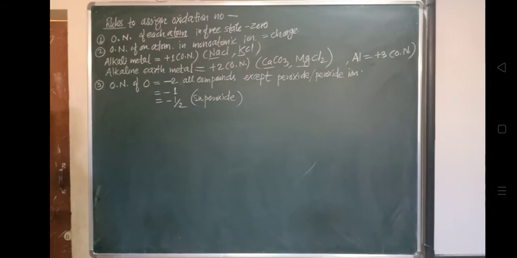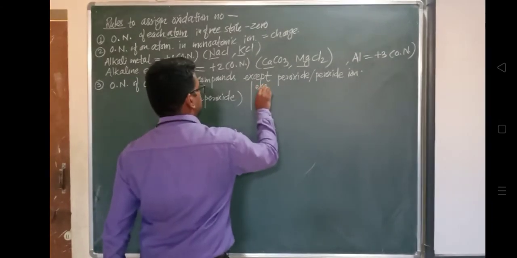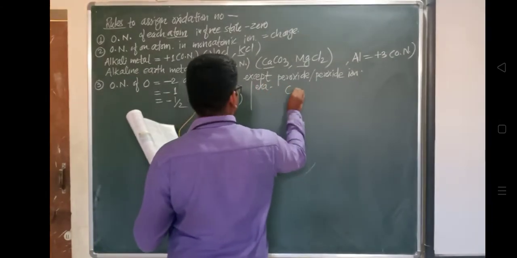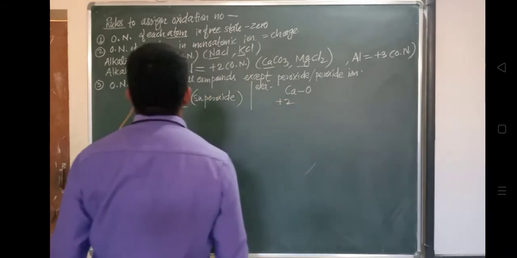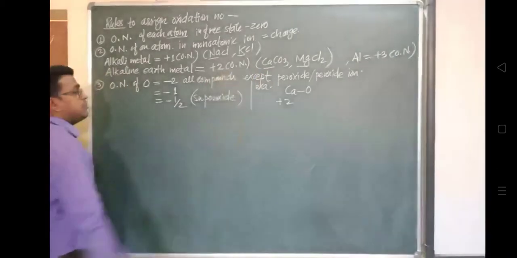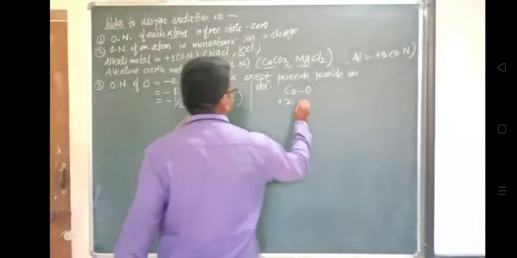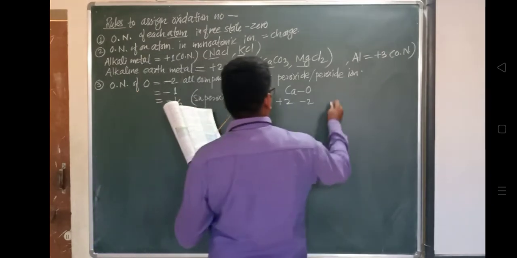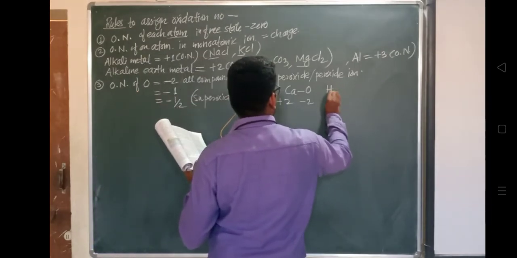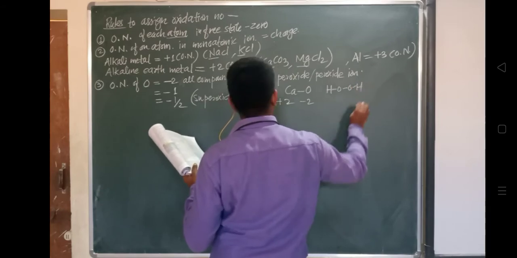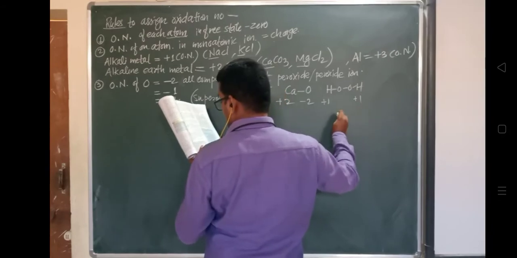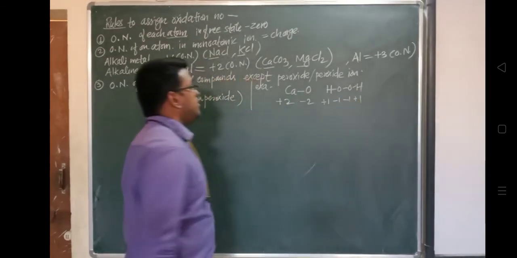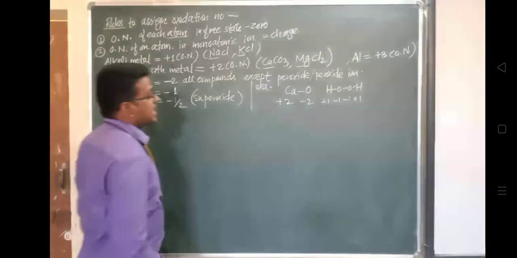So we'll see examples of this. चलो examples देखते हैं. Example is CaO, calcium oxide में calcium का +2, ये देखो यहाँ पे मैंने लिखा है, और ऑक्सीजन का -2. Another compound is HOOH, यहाँ हाइड्रोजन +1 है, और ऑक्सीजन ये देखो -1 and -1. It is showing -1 as its oxidation state for oxygen.